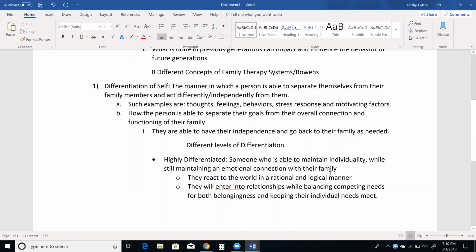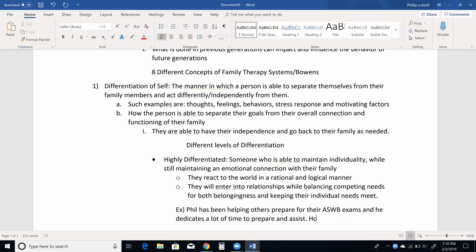Such an example would be: Phil has been helping others prepare for their ASWB exams, and he dedicates a lot of time to prepare and assist. However, he is still able to attend his brother's